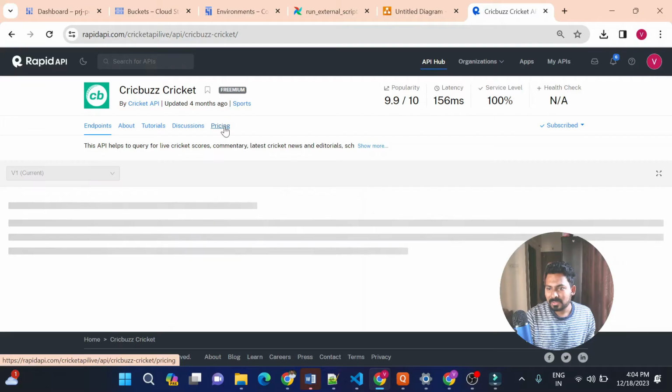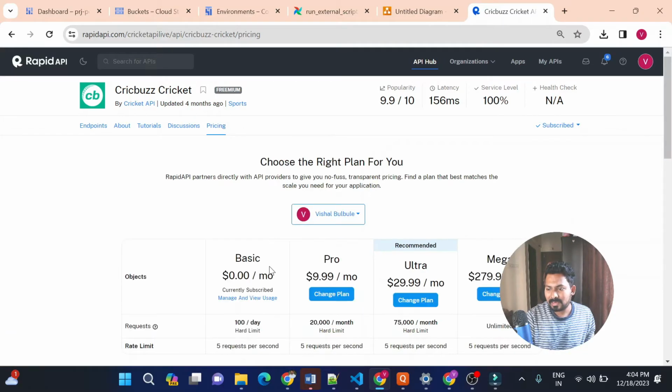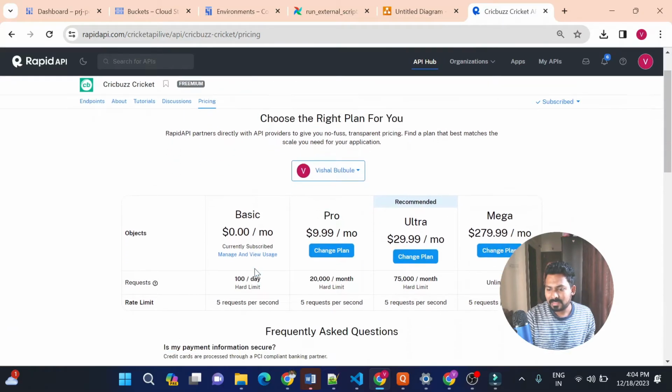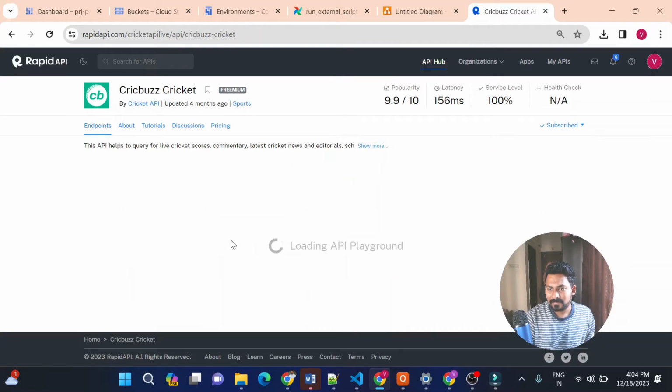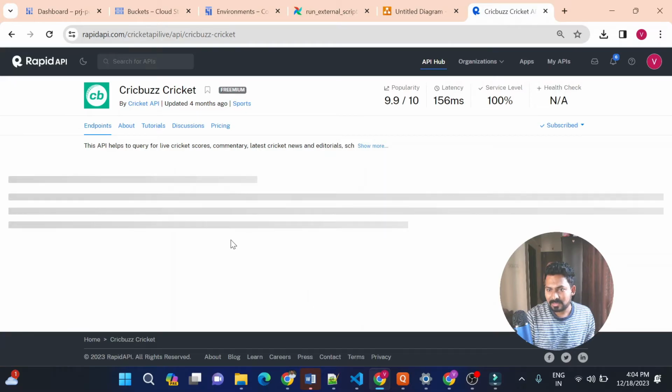On pricing, you can see if you are making 100 API calls per day, that is free. If you want to change the plan, you can, but I don't think we need to pay for this demo. So I'll just go to the endpoint. I already subscribed to the free plan. So go to the Cricbuzz API here,